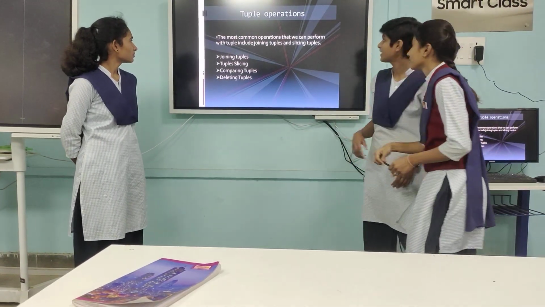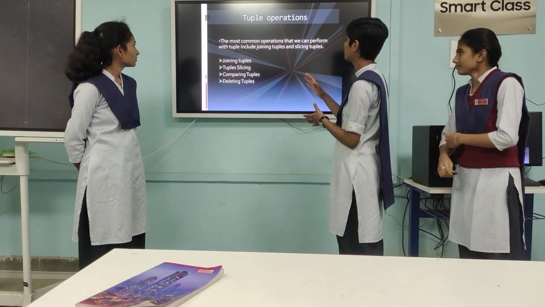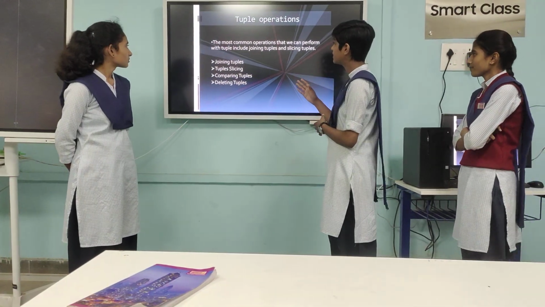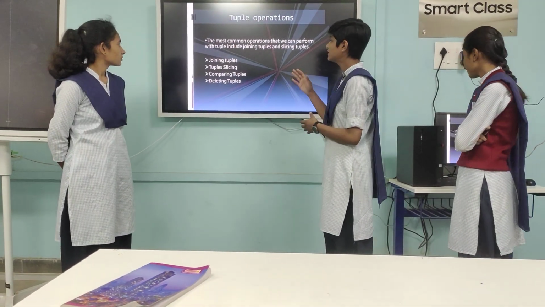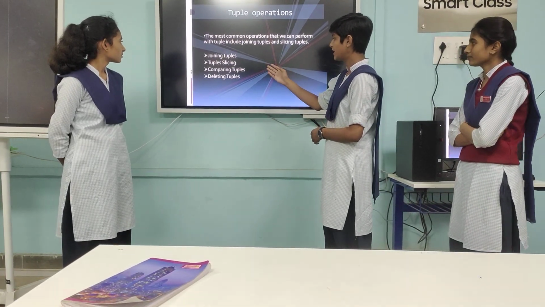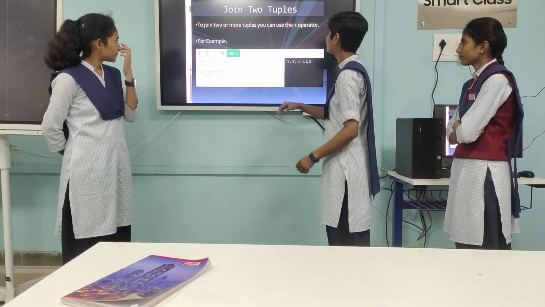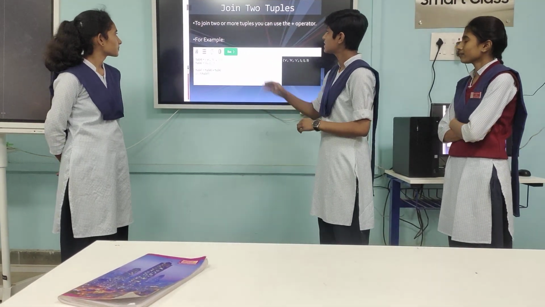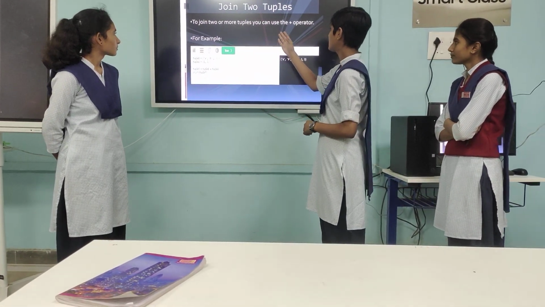So now the topic that comes is tuple operations. The most common operations that we can perform with tuples include joining tuples and slicing tuples. There are 4 types of tuple operations. First is joining tuples, then tuple slicing, comparing tuples and deleting tuples. So here we can go one by one. Joining two tuples. To join two or more tuples, you can use the